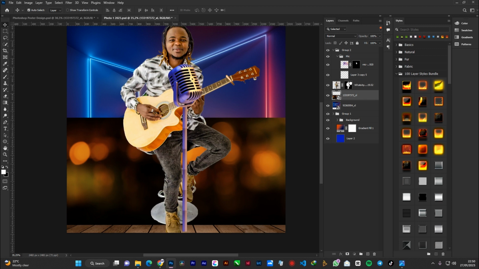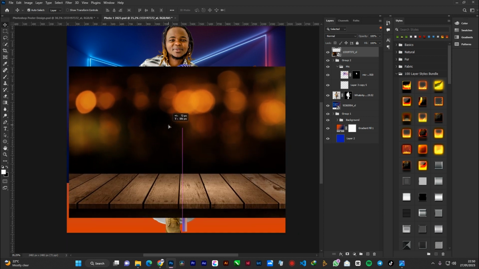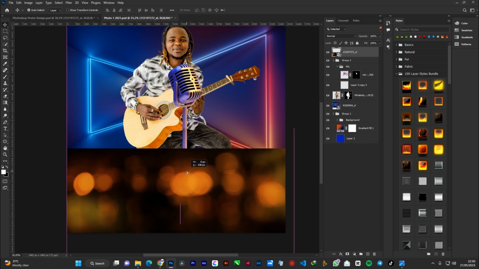All right, so we want to put it above the person. We want to put it above the person and above the microphone. Yeah, just this way. This is where we have it. So this is what it looks like, but we want this one to go down just like that. And from there we want to mask out and feather out, delete, just use the brush tool to work around